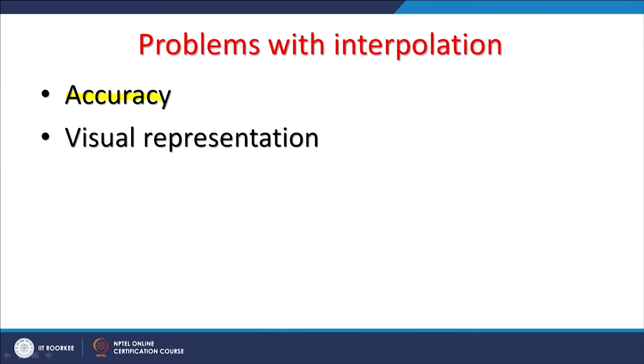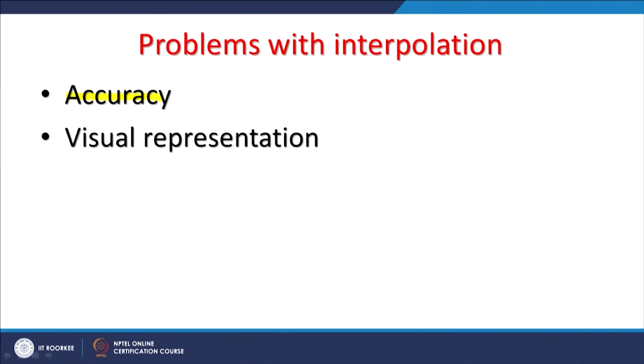There might be some issues about interpolation, the accuracy part. A few times in this discussion I have already mentioned how accuracy gets influenced by our input data. If input data has a high density and is distributed in space randomly, and you have chosen a correct interpolation technique, you may get a very accurate digital elevation model.